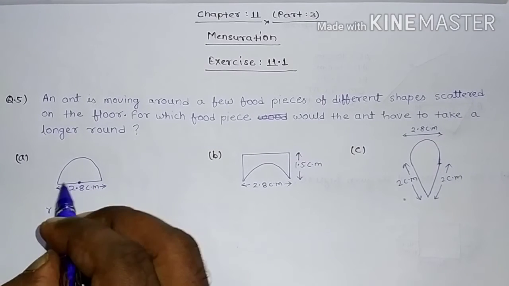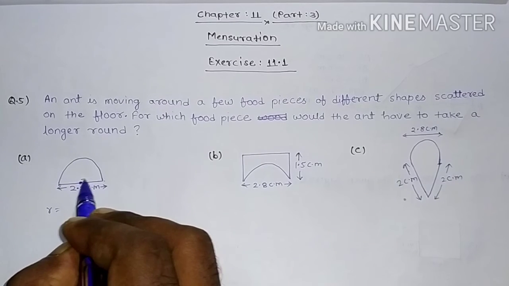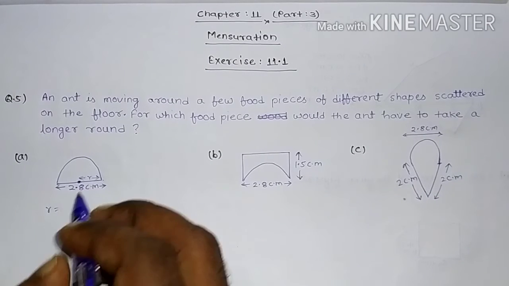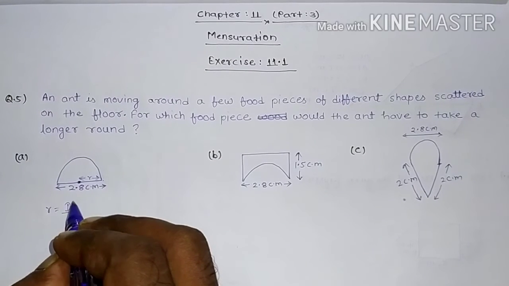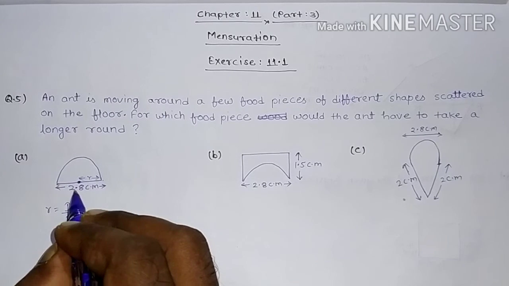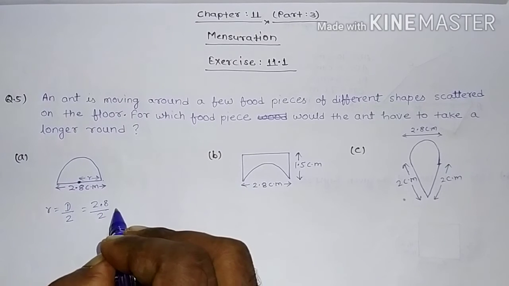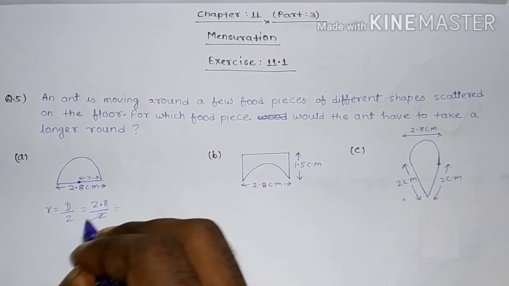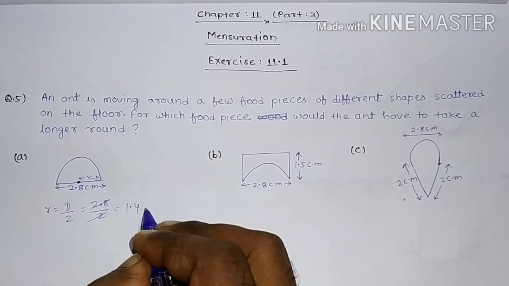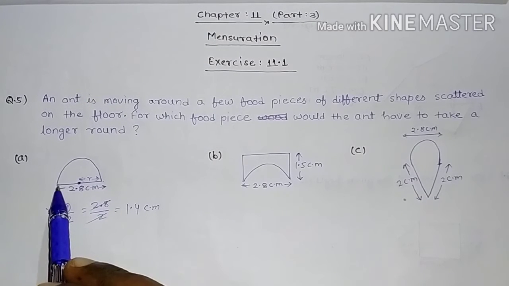Radius is diameter upon 2. So diameter is 2.8 upon 2. So this is 2, and it will be cancelled out. 2 1 is 2, 2 4 is 8. 1.4 centimeter. This is the radius of this semicircle,